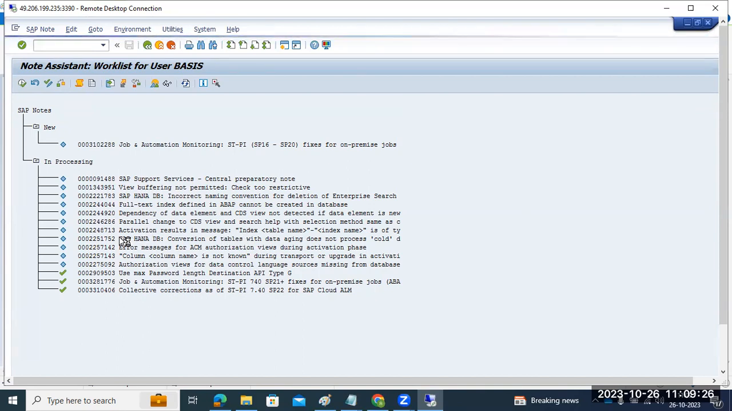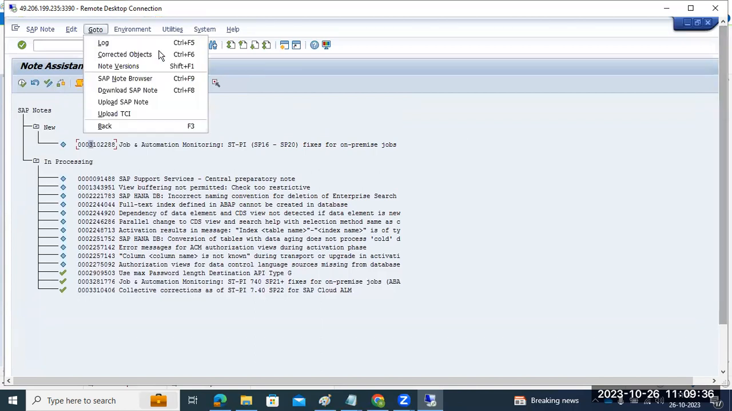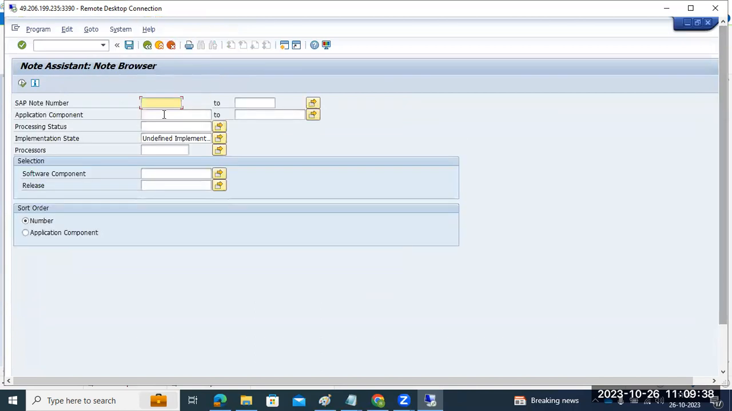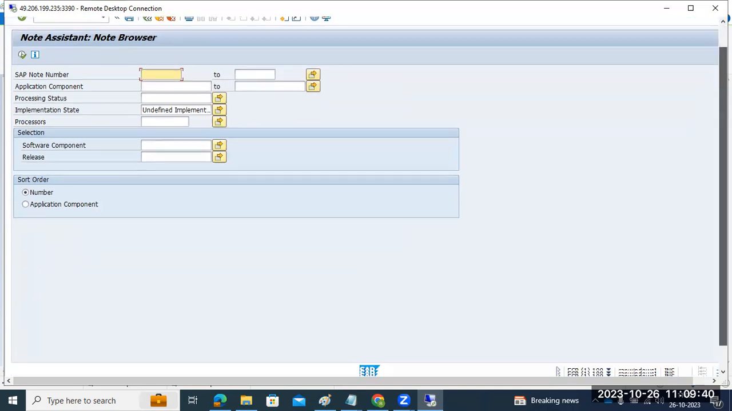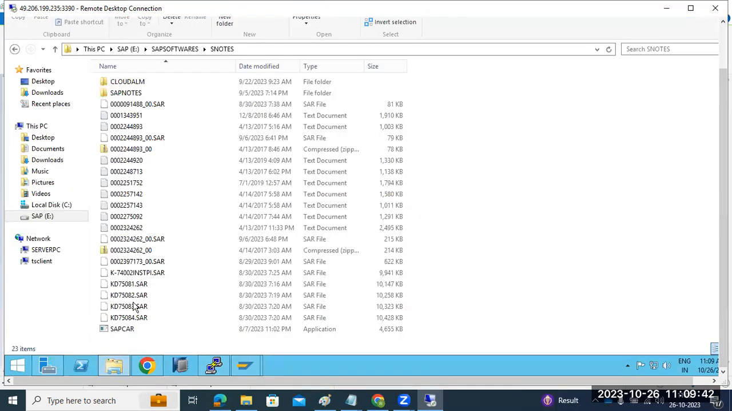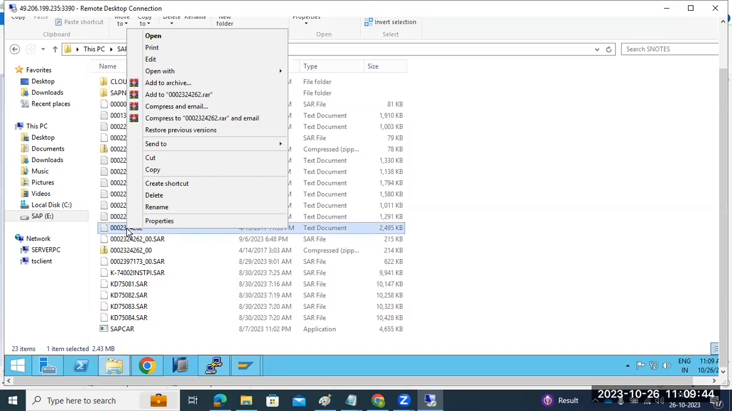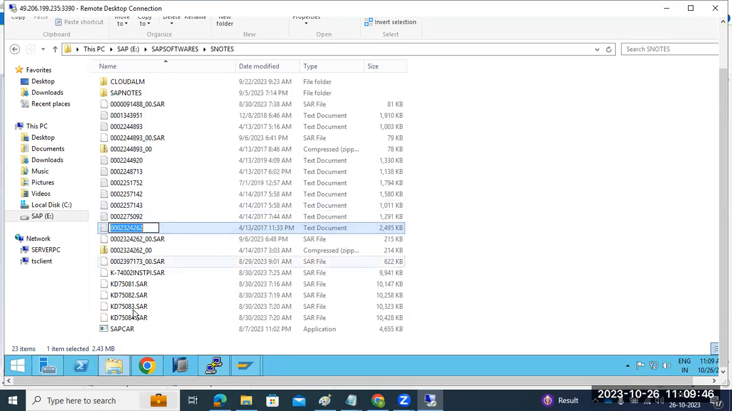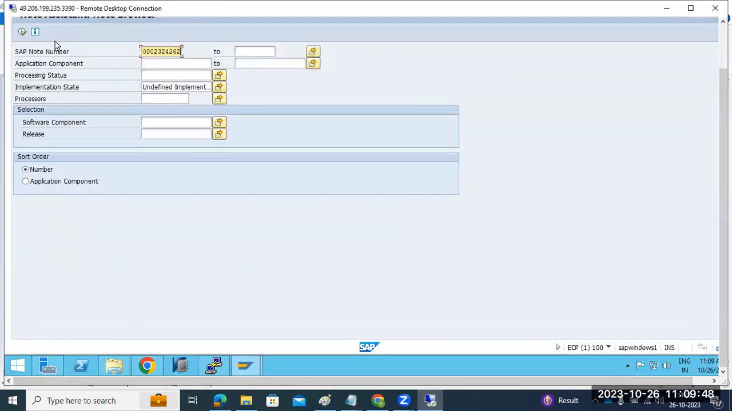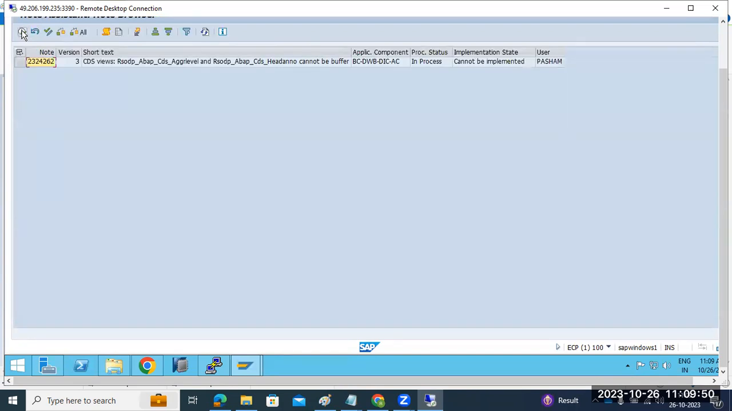2324262, 2334. So here, let me check. Go to the notes. We have the note 2324262. Fetch whether that note is implemented or not. So this cannot be implemented. You can see here, this cannot be implemented,